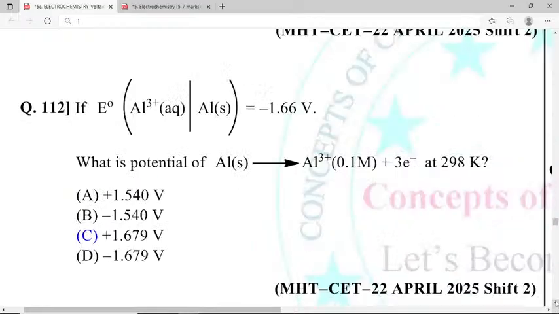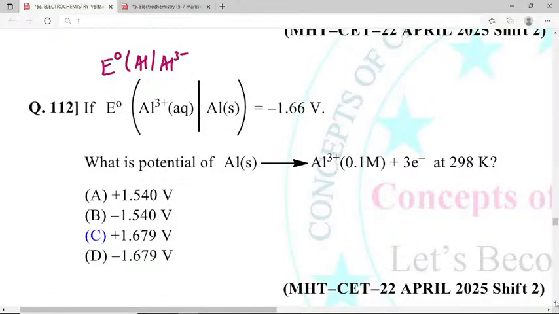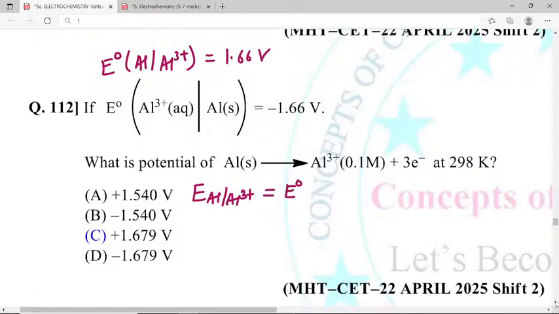E naught of Al by Al3+, again the same case here, is equal to 1.66 volt. It should be 1.66 volt because the reaction is given in this manner, Al3+. So E of Al by Al3+ is equal to E naught of Al3+ minus